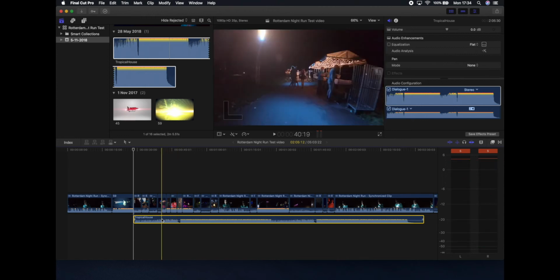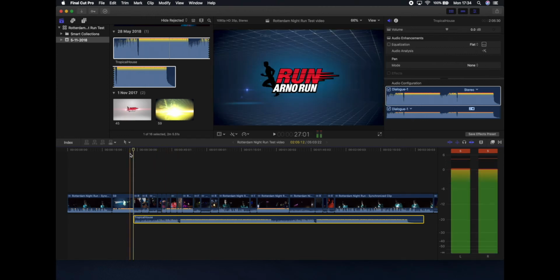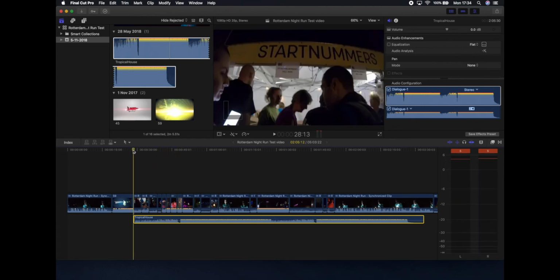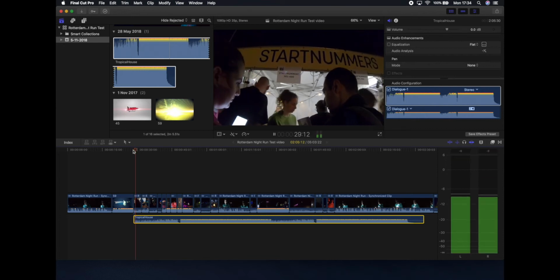To do this, I have to make sure that the file is selected. Put the playhead at the beginning of the music file, and I press spacebar to start the music. And then by pressing M, I make markers in the music file. Therefore, you have to make sure that the audio file is selected. And when you start it,